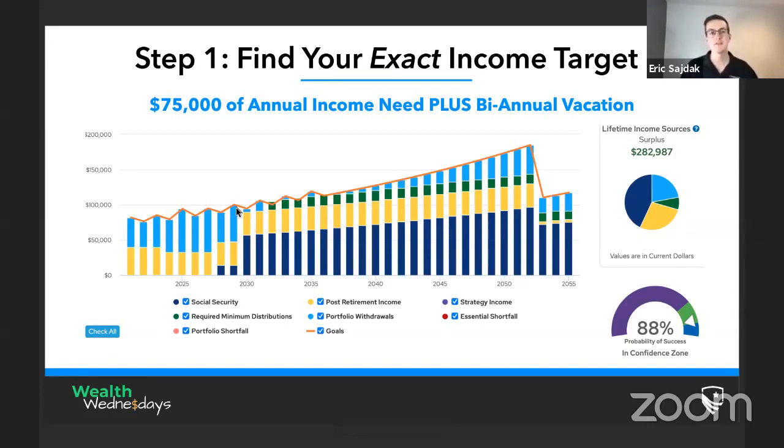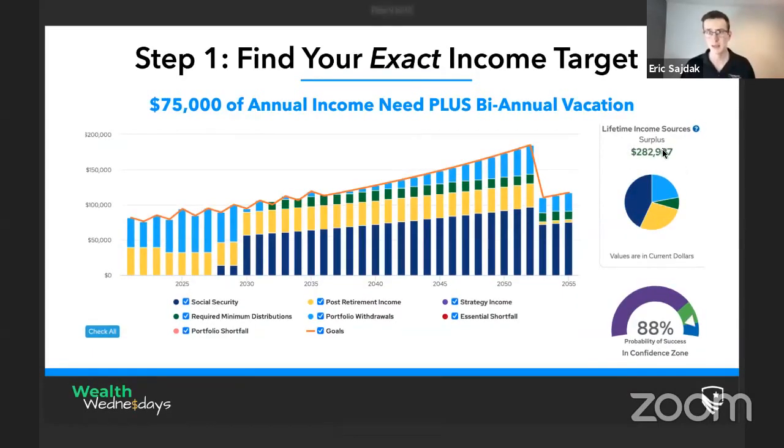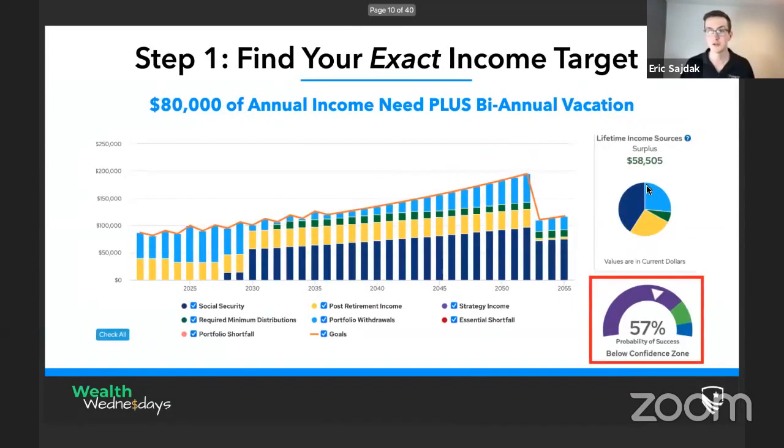So what happens if they were just a little bit off? Okay. What happens if they didn't accurately calculate taxes right? They didn't accurately include healthcare costs. And so they retired and found out that they actually need $80,000 of annual income. Okay. So they need $5,000 more a year because going into retirement, they got one variable wrong. Well, notice what happens to their probability of success and the money that's left over. Okay. $282,000 turns